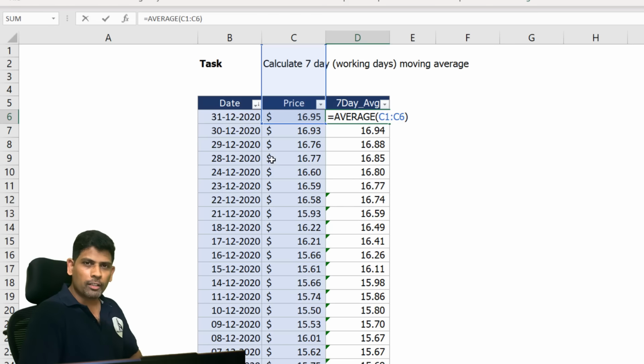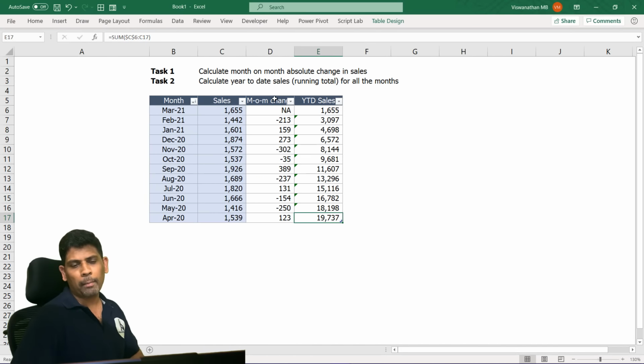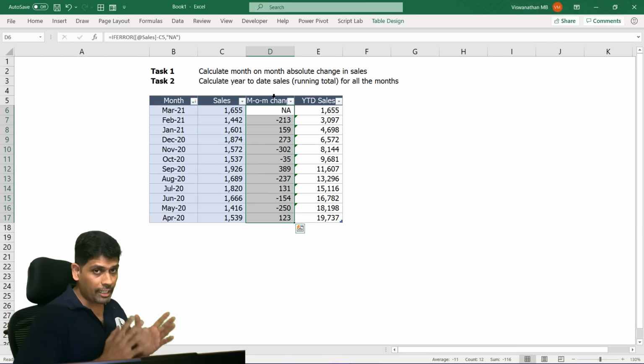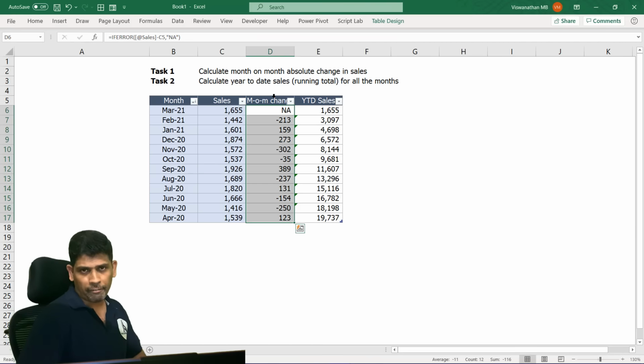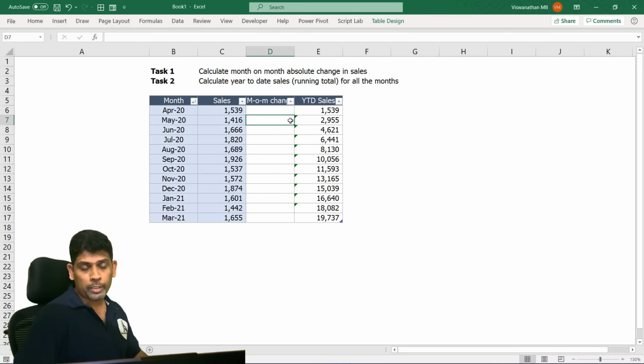So what should we do about this? Let me give you certain solutions here. Firstly, how are we going to give the month on month change? We are going to move away from the cell reference or relative reference to structural reference. So our solution is going to be based on logic and not the physical location of the value. So what am I going to do here? Whether it's oldest to newest or newest to oldest, I want the exact same month on month change.